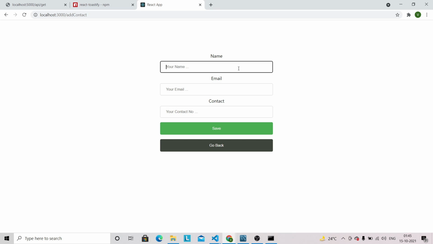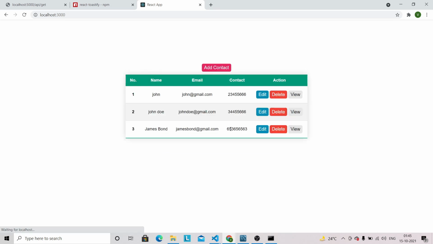So the contact will be James Bond @gmail.com. Let's give some random contact and let's click on this. So now you can see that James Bond is added successfully in our table component.